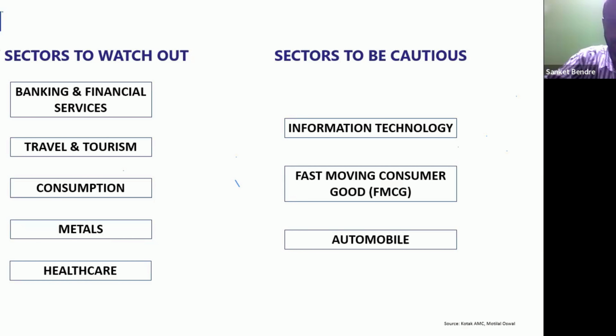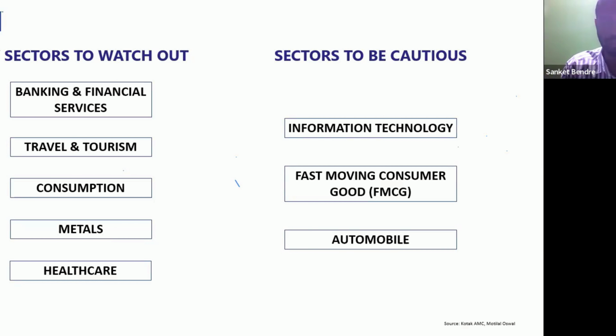However, there are some sectors which we believe we should be cautious on. The first is information technology, that is the IT sector. We believe that the IT sector is currently facing headwinds. The number one reason is generative AI, which most people are talking about. Services companies such as Infosys, TCS and Wipro are facing